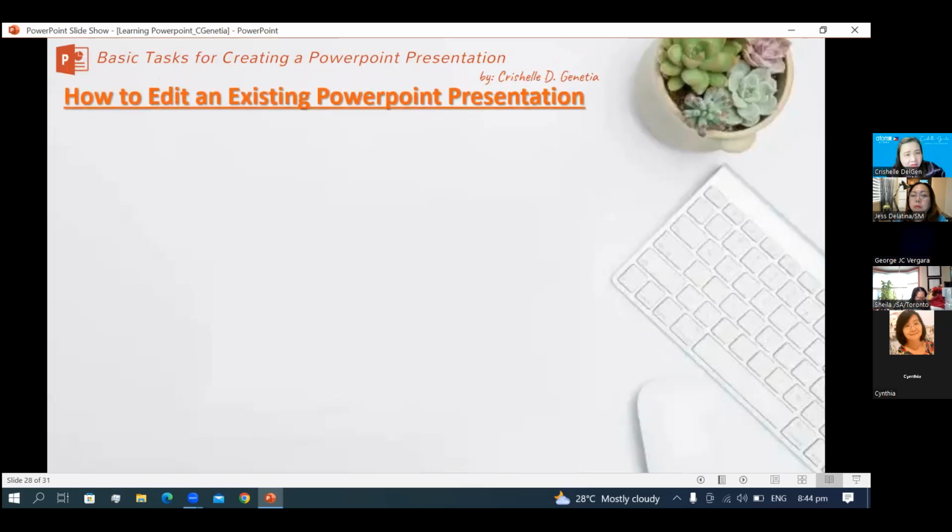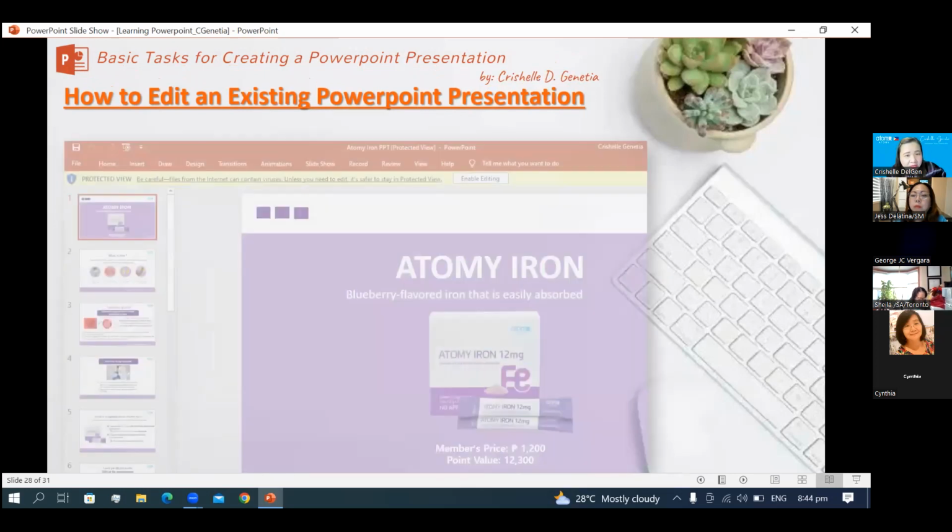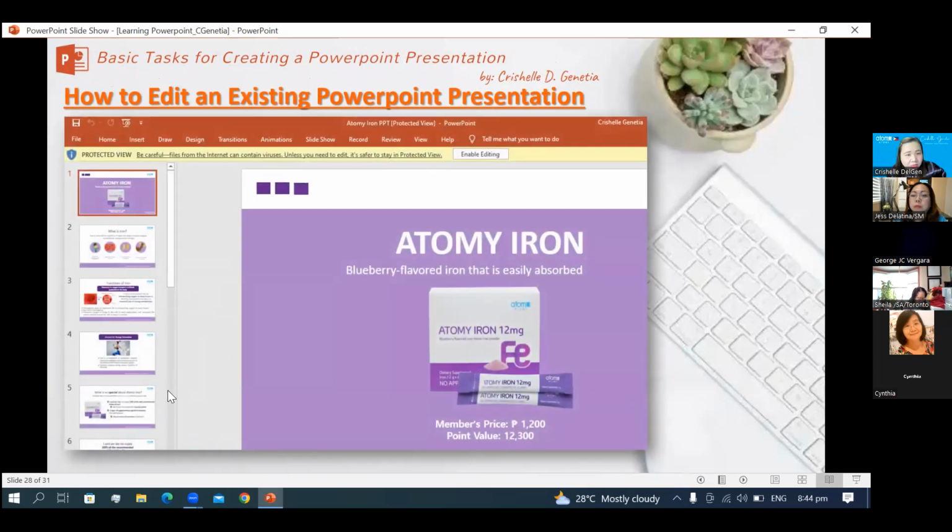For example, we have downloaded a PowerPoint presentation from Channel Atomy. So once we have downloaded that, for example, Atomy Iron, we just click on the file found in your Windows Explorer, and then once it opens, you just click on Enable Editing. So if it is enabled already, then you can add your own text here, you can add pictures, links,